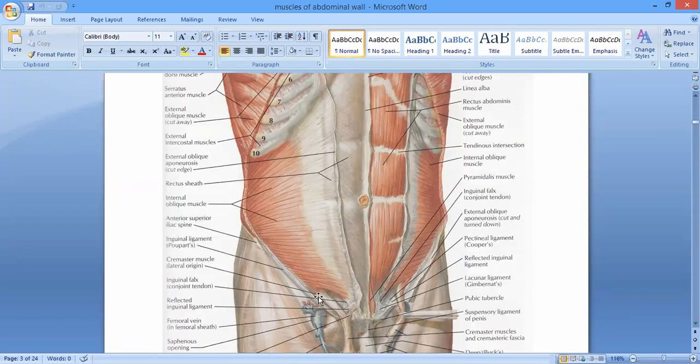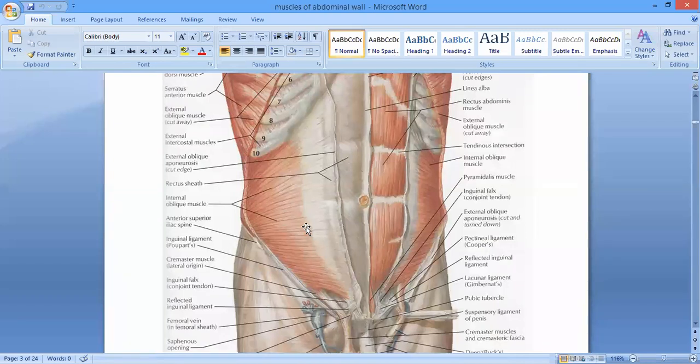So the cremasteric muscle fibers are the fibers which are derived from the internal oblique muscle. When the spermatic cord passes through this gap of the internal oblique, it is going to carry these cremasteric muscle fibers, and that cremasteric muscular layer is also sometimes called the cremasteric fascia. We describe this covering collectively as the cremasteric muscle and its fascia, so it is named the cremasteric fascia. Again, its nerve supply is coming from the lower 6 thoracic nerves.